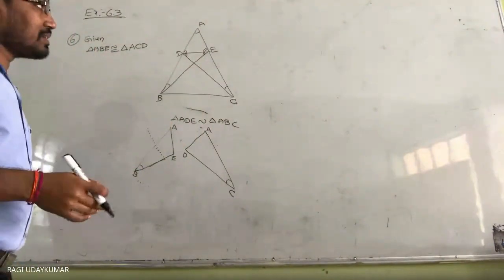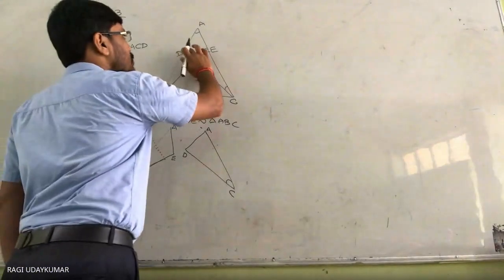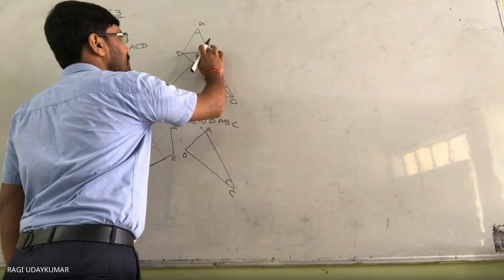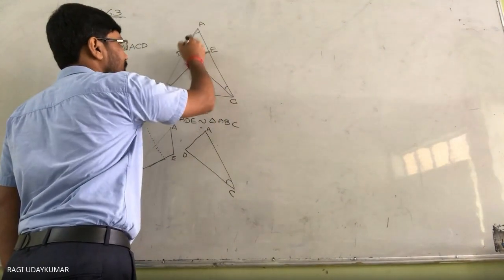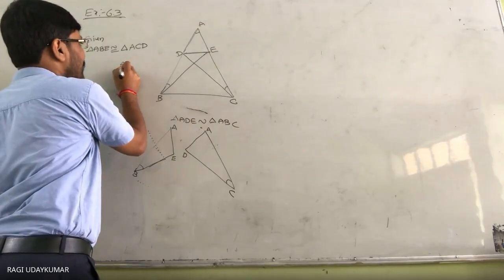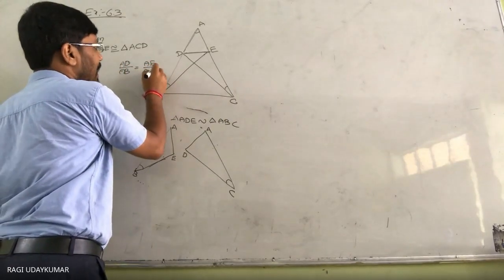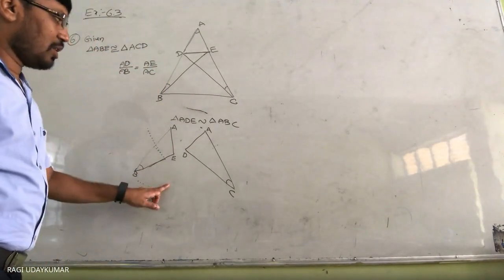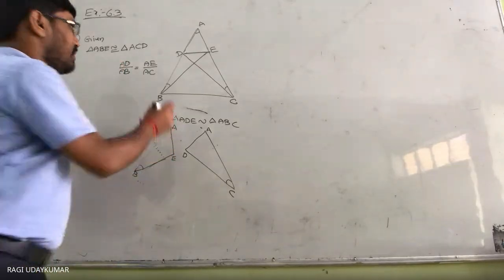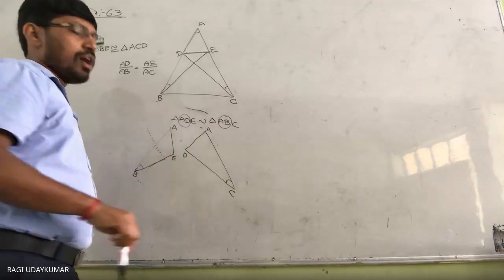So let us move towards the sides, corresponding sides proportionality. Is it possible for us to prove, ये मिटा दीजिए, just if it is getting confused, is it possible for us to prove this one by this one? Yes, sir. What is that? AD by AB is equal to AE by AC. ये possible होगा, check करना. From this congruent, AD by AB, तो AD by AB क्या होगा?